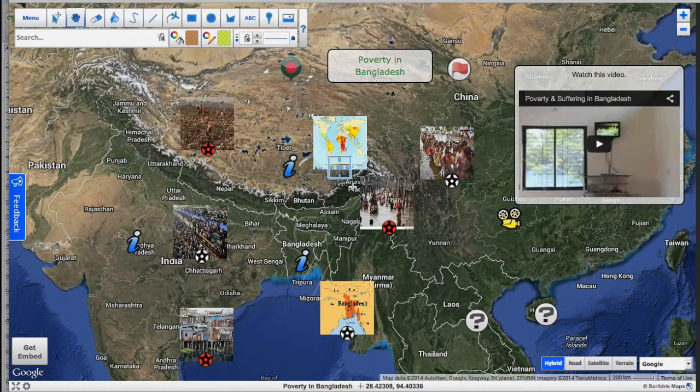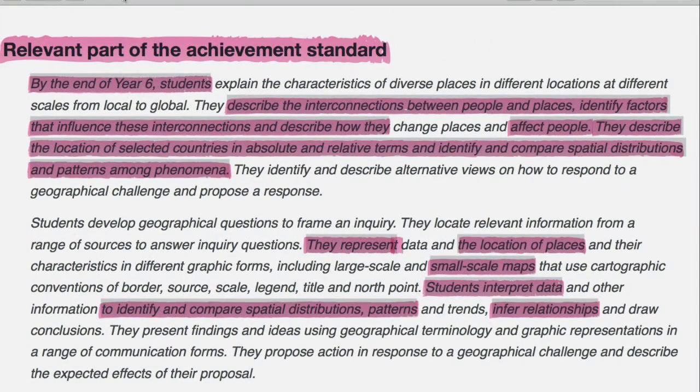I believe this is important since these multimedia representations of poverty add depth, substance and explanation to the trends, patterns and conclusions that the students will draw from interpreting the data. So when new functionality has been augmented into the learning task, we can see from the achievement standard that the learning outcomes remain the same. However, the fact that we've augmented media into the mapping task